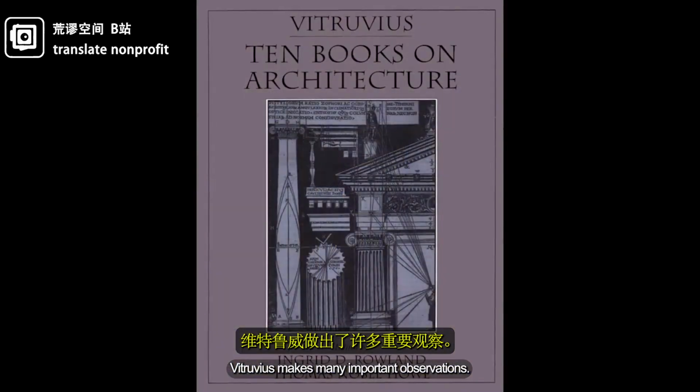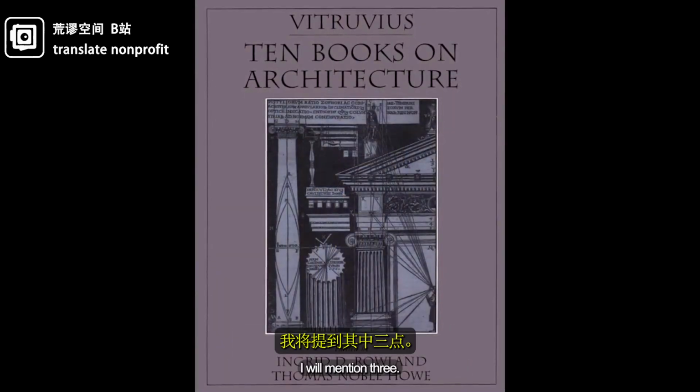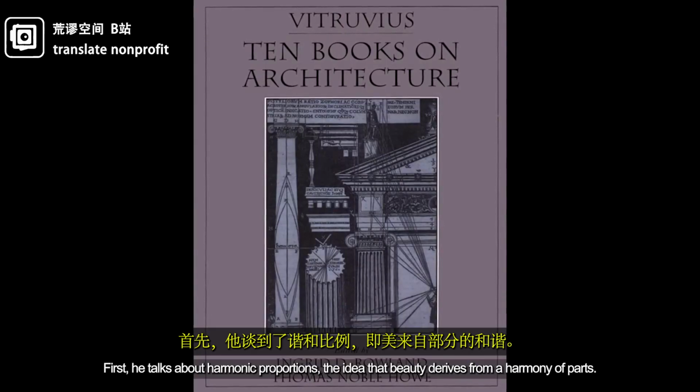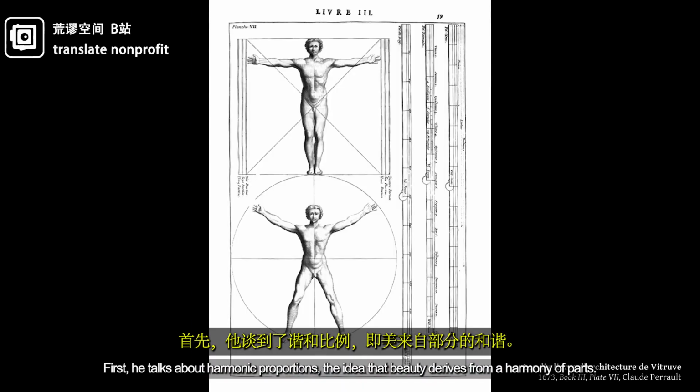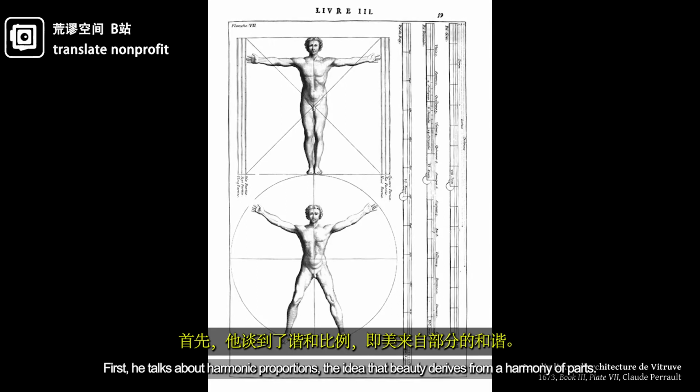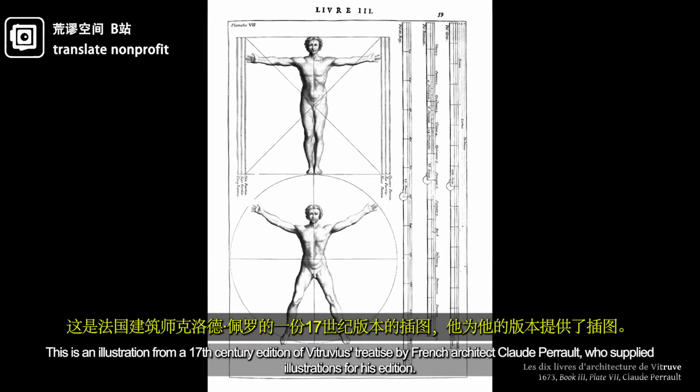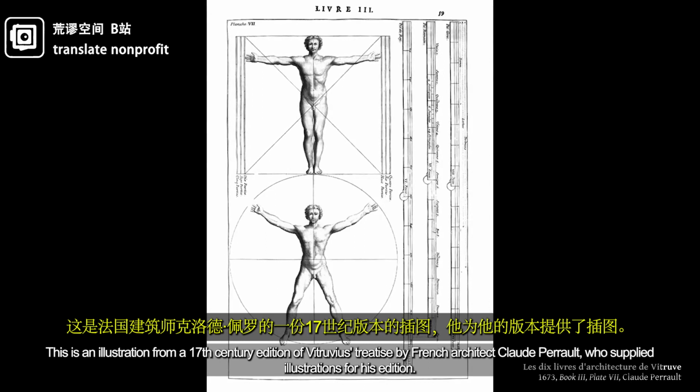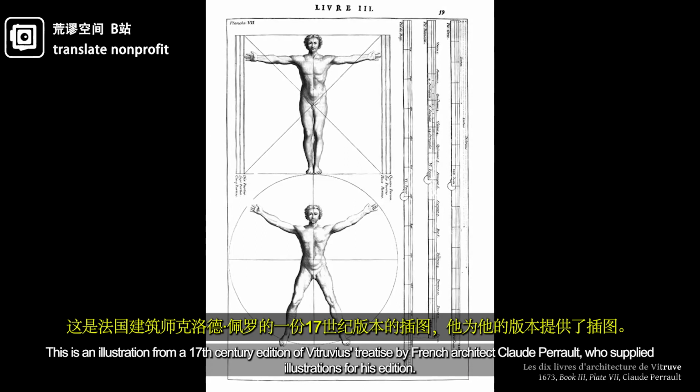Vitruvius makes many important observations. I will mention three. First, he talks about harmonic proportions, the idea that beauty derives from a harmony of parts. This is an illustration from a 17th century edition of Vitruvius's treatise by French architect Claude Perrault, who supplied illustrations